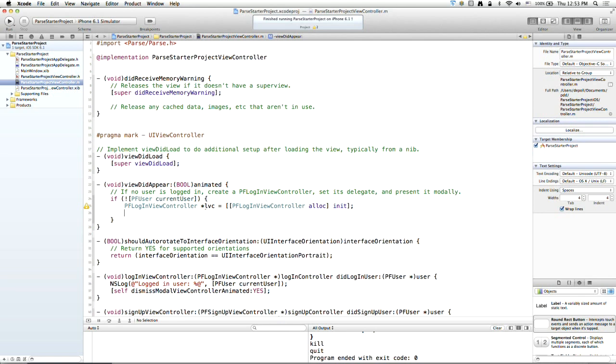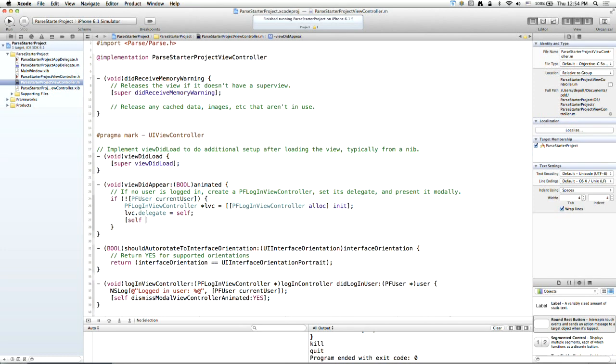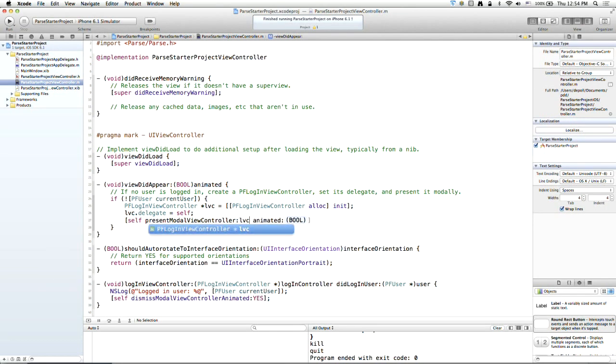I'm going to need to handle some callbacks from this to dismiss it appropriately after a user logs in, things like that. I've already set up the delegate for it, but it's really just one line of code in each of the callbacks. So I'll say lvc.delegate = self. And finally, I actually need to show the login view controller. And that's as simple as saying [self presentModalViewController:lvc], and we'll go ahead and animate that in. Now, if I build and run,